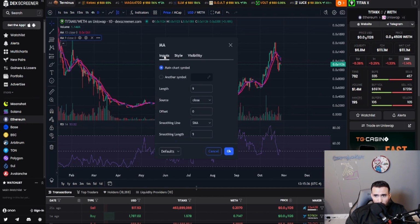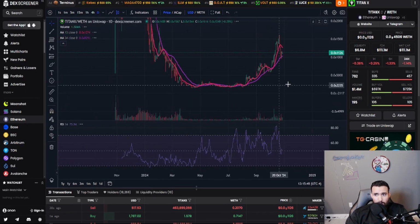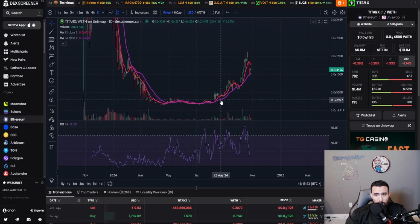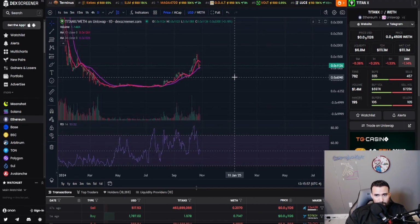Leave that normal. On the input side, for the length, you will then change that to the 34. MA stands for moving averages, by the way. So you click on OK. So now you see this right here. You see some purple and pink lines trading, and they are constantly moving according to the patterns in the MA13